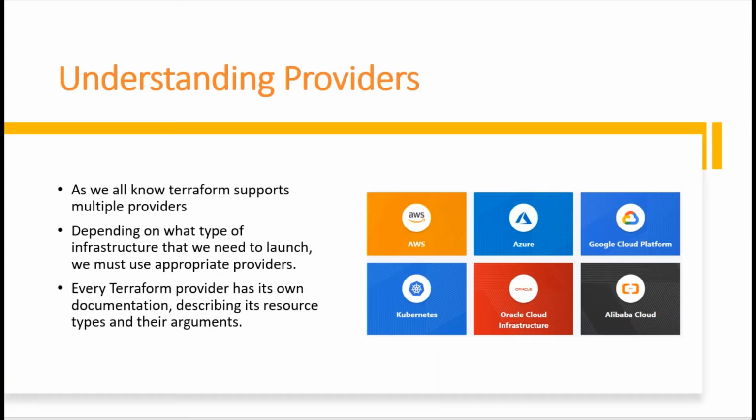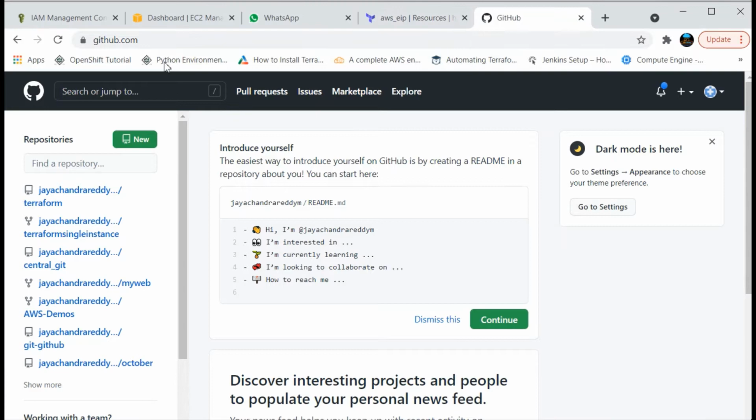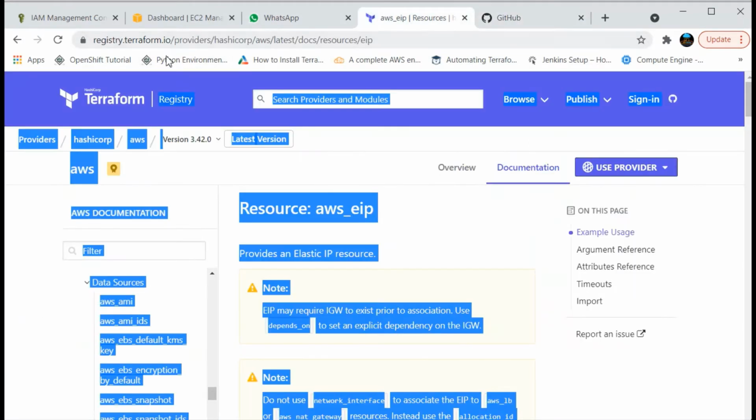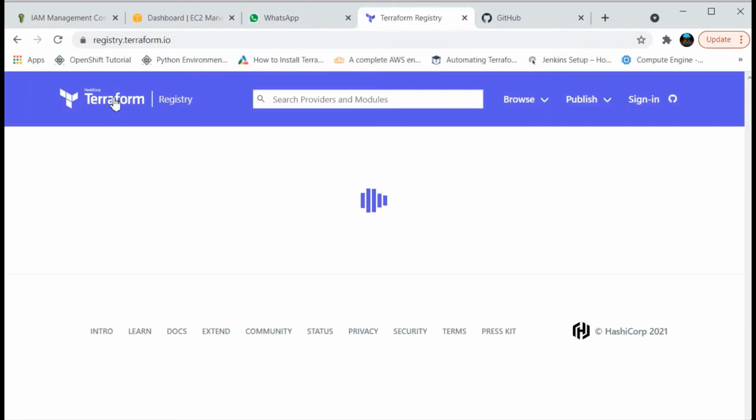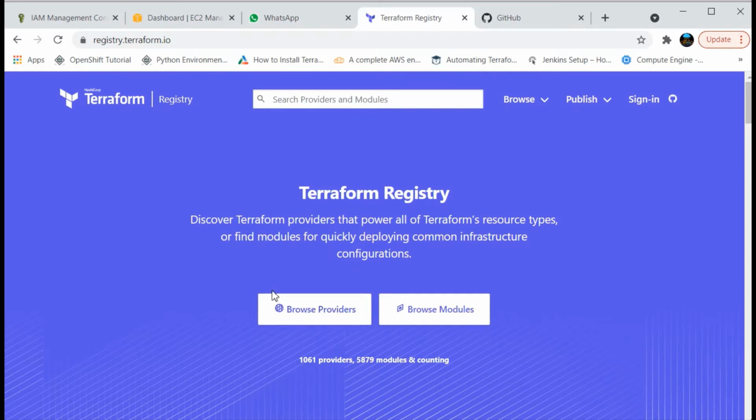See, why do we need to understand more about providers? Because if you see the public documentation of Terraform, yeah, if you see providers, there are almost 1061 providers in Terraform.